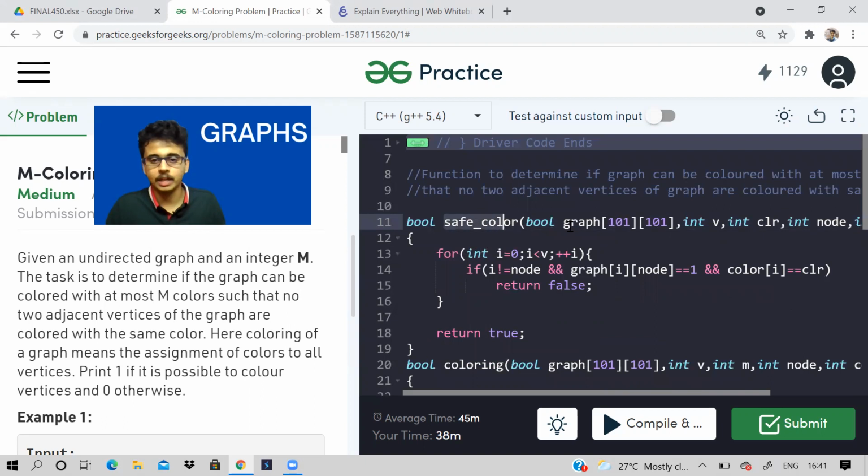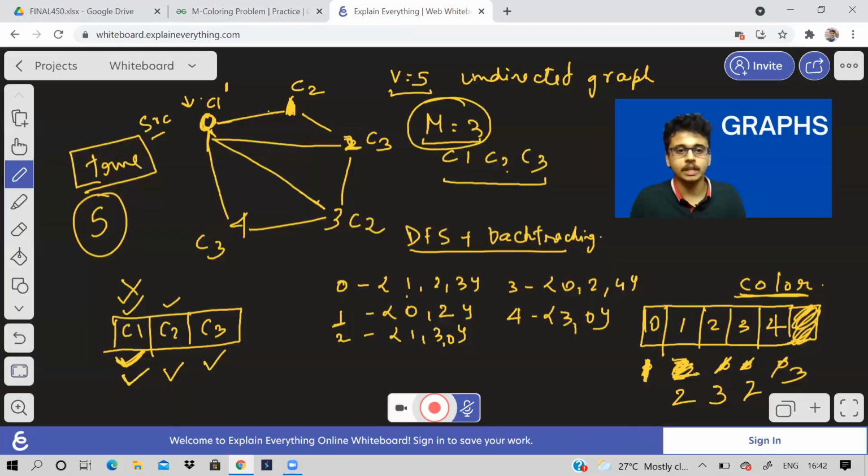What is this safe color function? It is going to basically check all the vertices that have an edge with our current node. If any of them has the same color already, then return false, otherwise return true. For example, consider the vertex 2. What are the adjacent vertices of 2? 0, 1, 3.